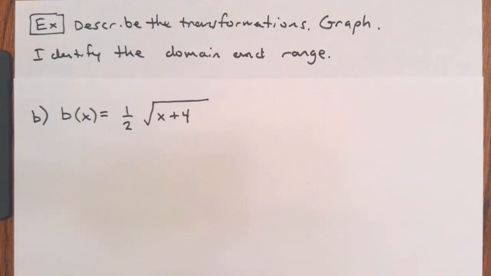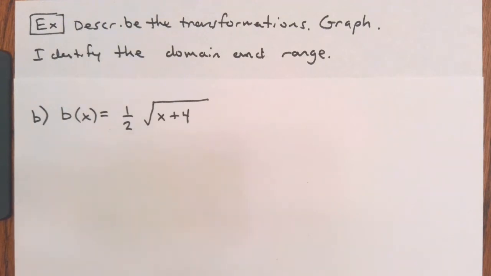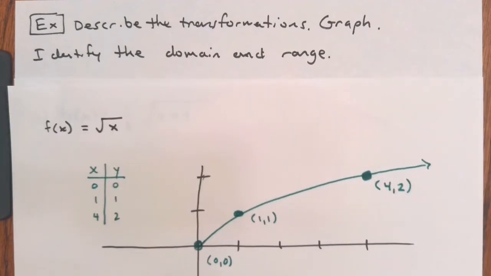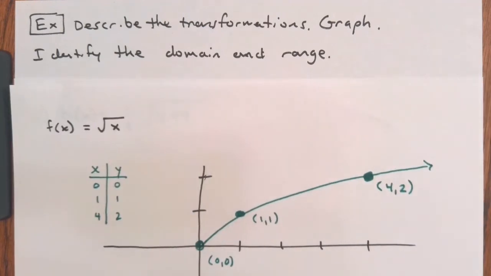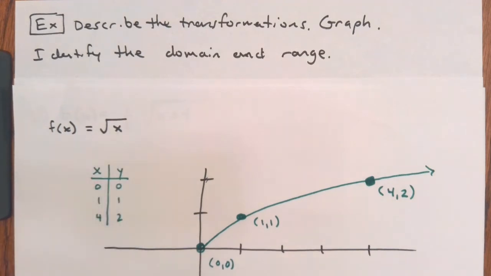To describe the transformations and do the graph, we do want to know what the parent function looks like. When I take a look at this equation, I see we have a square root there. So the parent function equation that we're going to be looking at is the square root parent function equation. That equation is y is equal to the square root of x. And if you make an xy table or know what that looks like from previous classes or previous problems, we